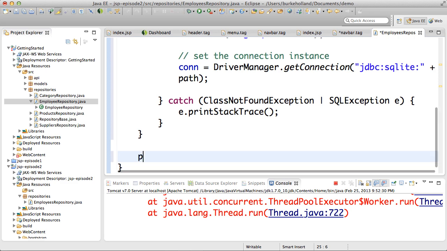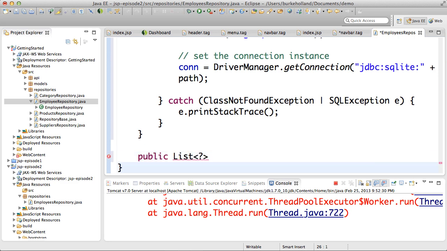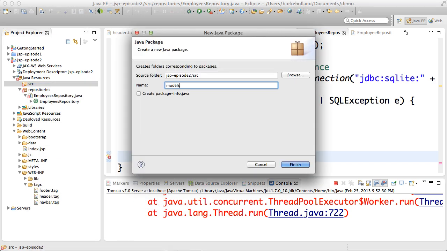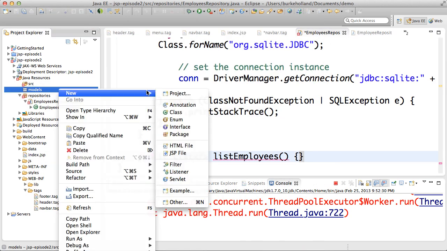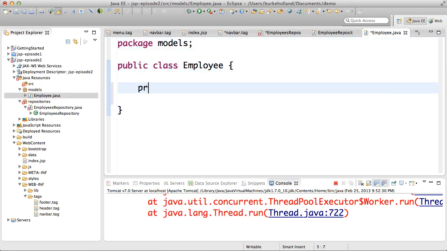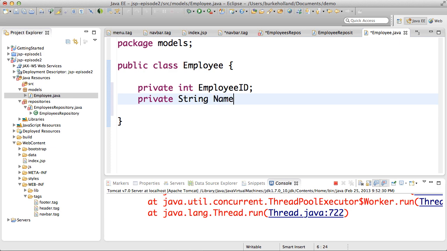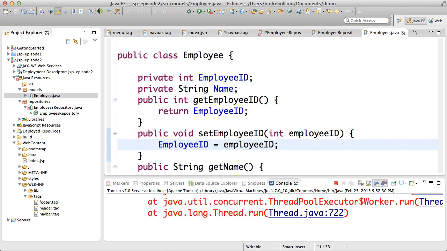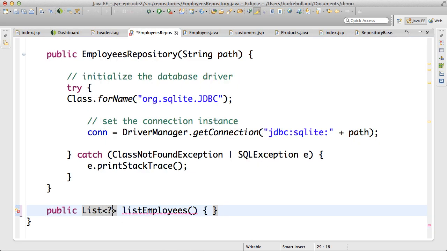I want this class to return a list of employees, and so before I can do that, I need to define an employee in this project. I'm going to create a new package called models, and I'll create a new class in that package called employee. And right now, I'm not going to be returning all of the employee database table fields, so I'm just going to use the employee ID, and I'm going to concatenate the first and the last name to make a single name field for now. I can now go back to the employees repository class and create a list employees method,